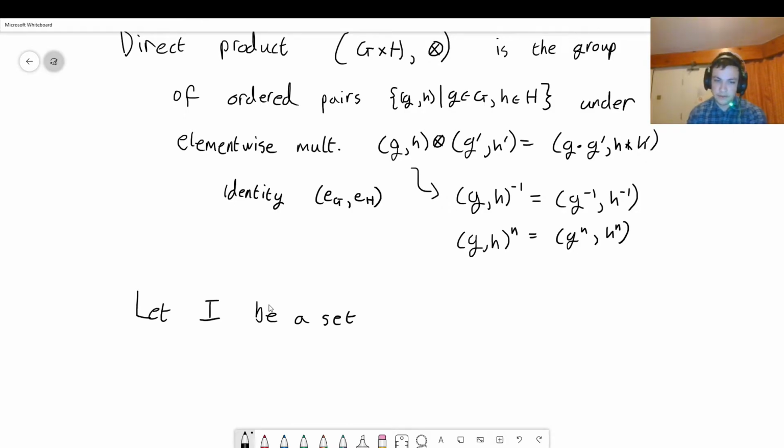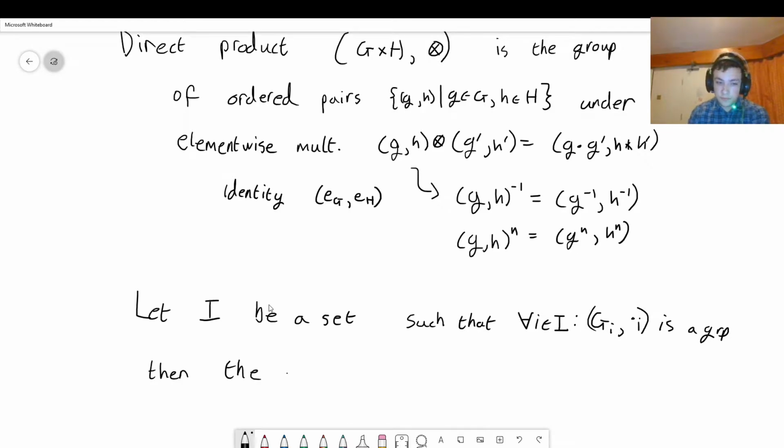I guess you could do it for uncountable, but I haven't come across that before, such that for all i in I, (G_i, ·_i) is a group. Then the direct product is written as the product for i in I of the G_i,